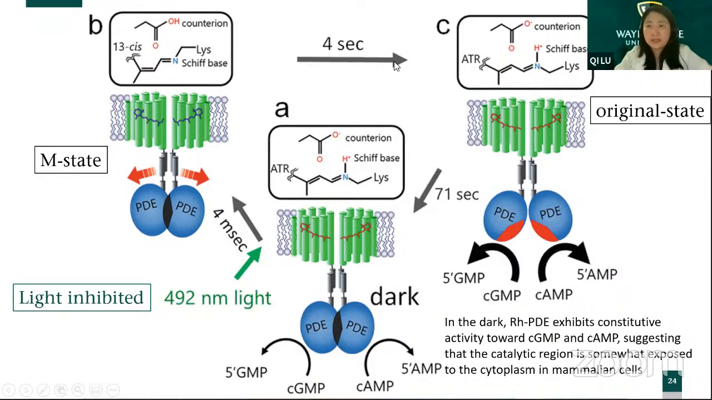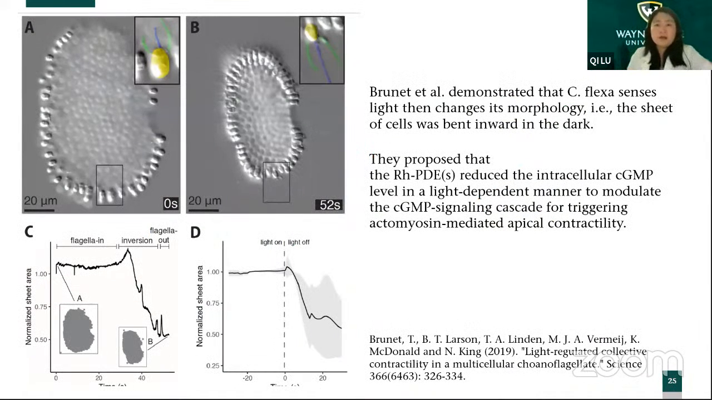And after 4 seconds, the state will change back to the original state, and then go back to the constitutive activity, continuously hydrolyzing cyclic GMP or cyclic AMP. And this study is working in mammalian cells, that's HEK cells, or the frog oocyte. So